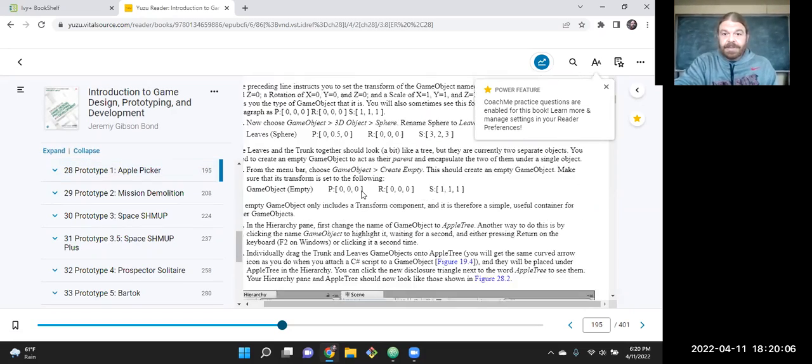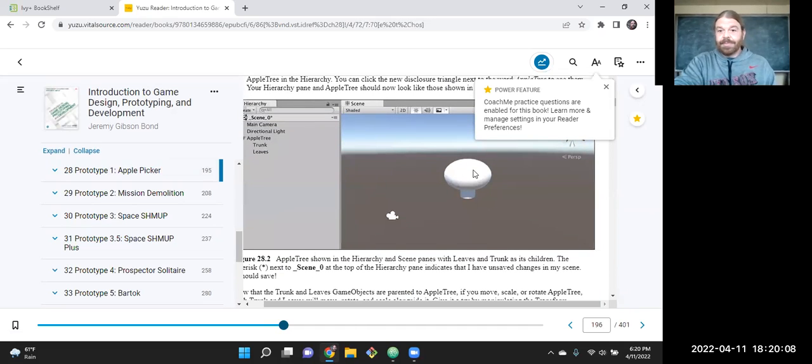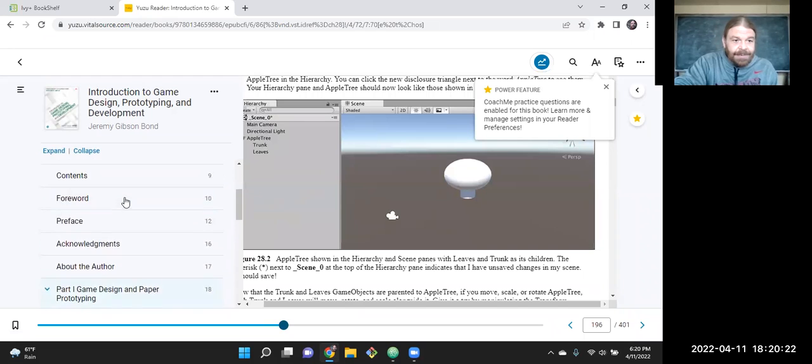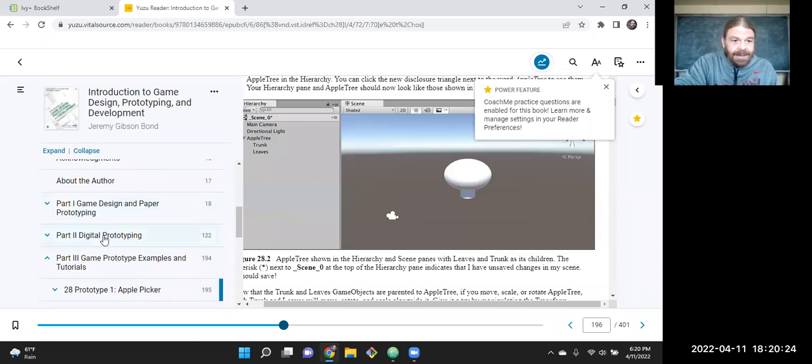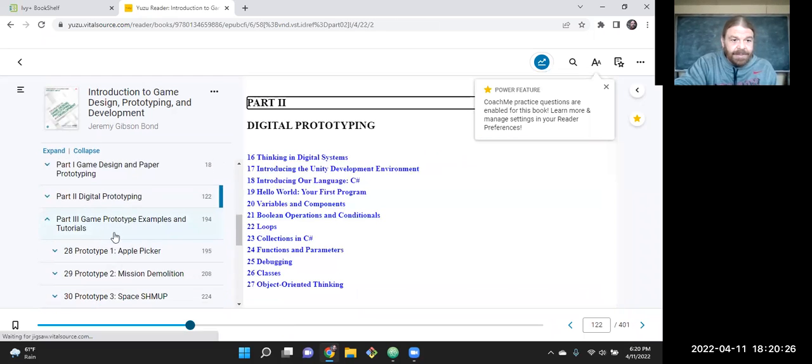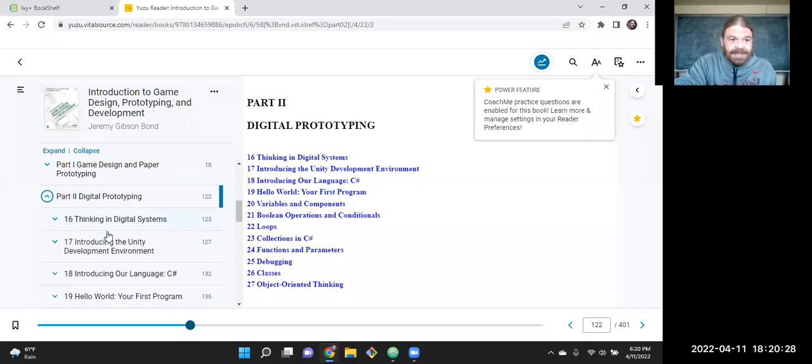Is there a picture somewhere? So they use the Unity modeling tools to create a simple tree there. Just used a cone and a circle. It's like, yeah, that looks like a tree. That'll work for the game. I think chapter 16 had pictures from that. It's been a minute since I read the book.